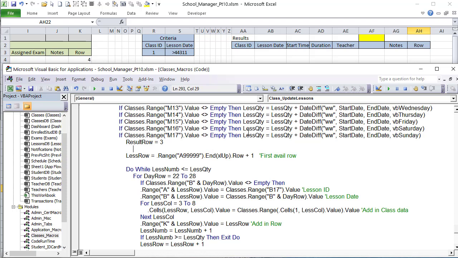So I'm going to run if .Range AH and the result, starting at 3, and the result row .Value equals empty. If it equals empty, then our lesson row is going to be here. Otherwise, what? Otherwise, our lesson row is going to be located in AH. So we can write that in here. Else